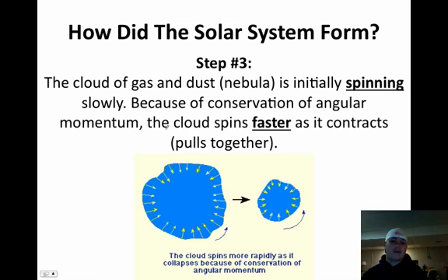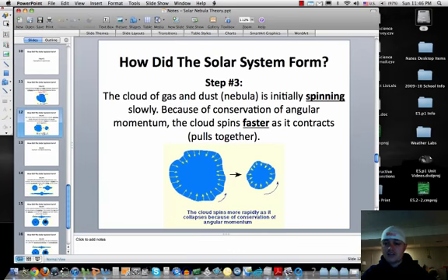Now, you probably have never heard of angular momentum, don't really understand it, and that's perfectly fine. But I have something that I can show you that will basically explain exactly what happens with angular momentum when we talk about the spinning, well, the creation of our actual solar system. The perfect example I have for you is